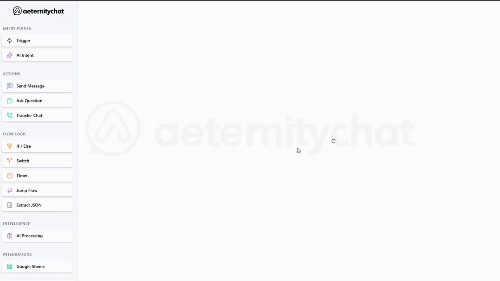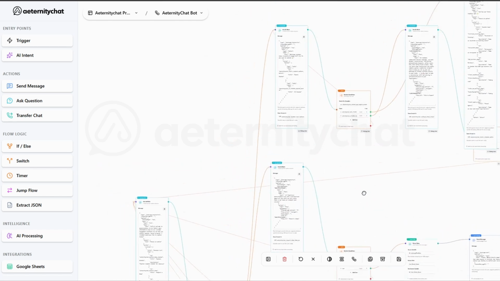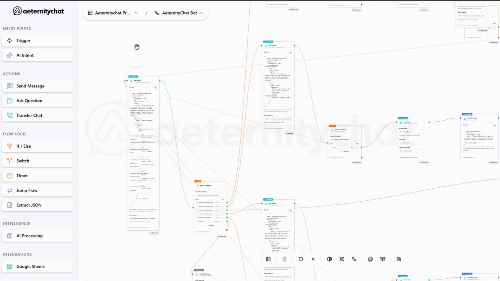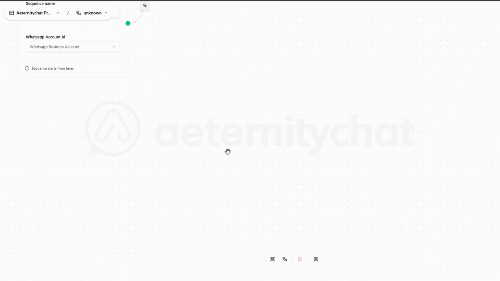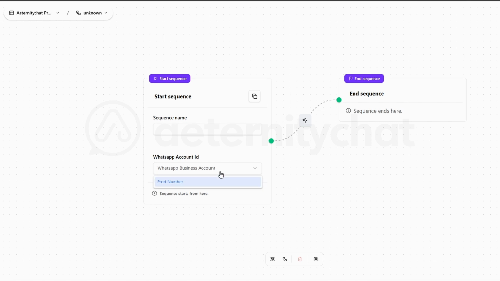On the workflow page, you can create complete chatbots that will handle your customer enquiries. This is the major part of automating WhatsApp communication. Then we have the sequences section. Here you can create message sequences that will go out in a series to users. You can create the entire customer journey with the sequence tool. That covers the entire platform from top to bottom.